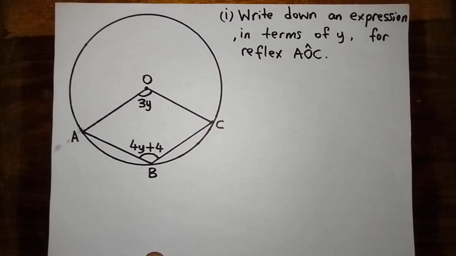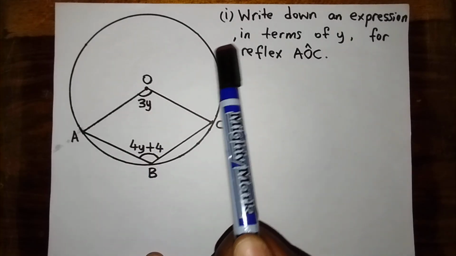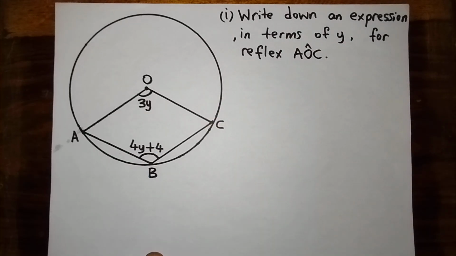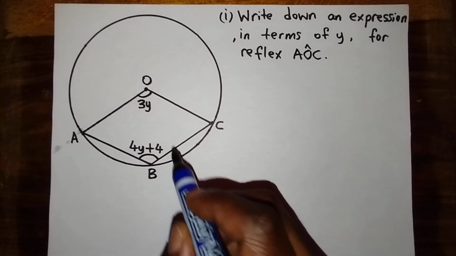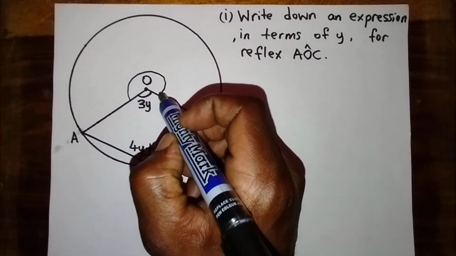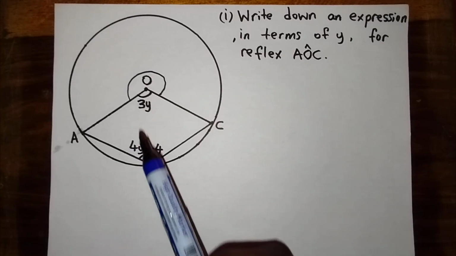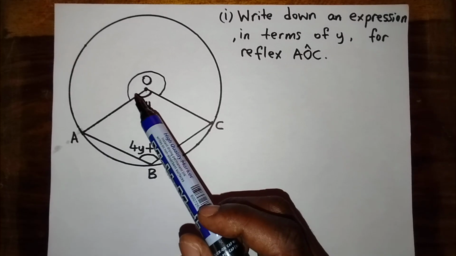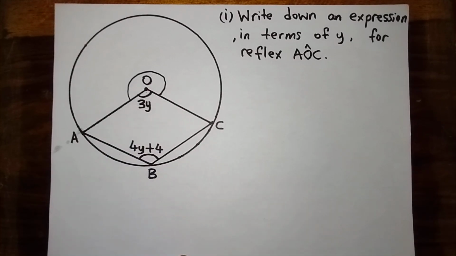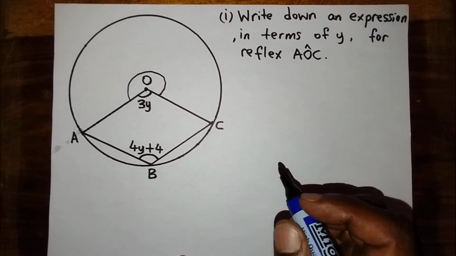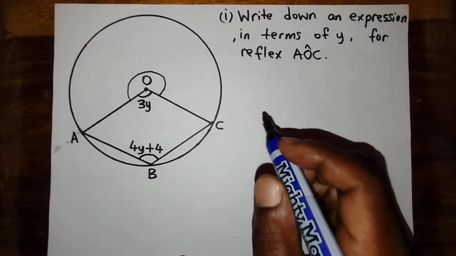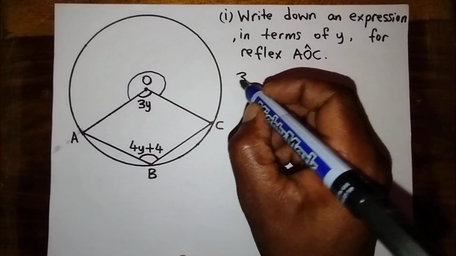Okay, so let me repeat again. The first question, it says write down an expression in terms of y for reflex angle AOC. So reflex angle AOC is this one. So we want to express the reflex angle AOC in terms of y. Here at the center, we know that the sum of angles right round is 360 degrees. It's one revolution. So for us to find the value of the reflex angle AOC, we simply say 360 degrees